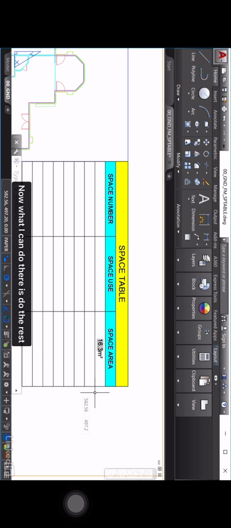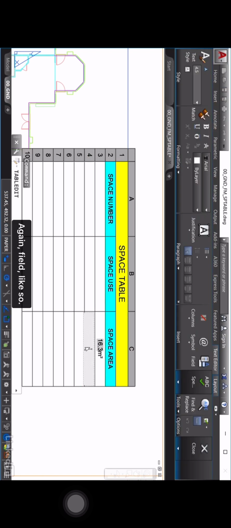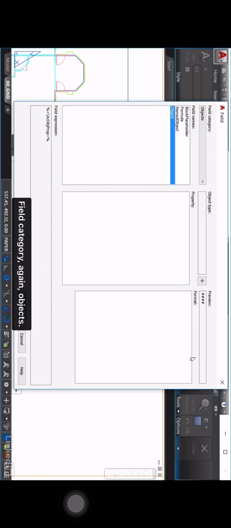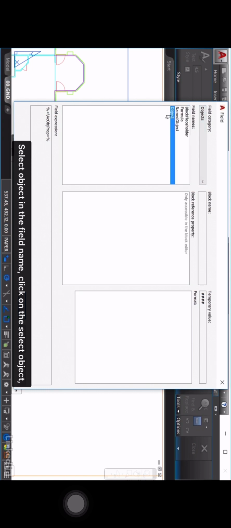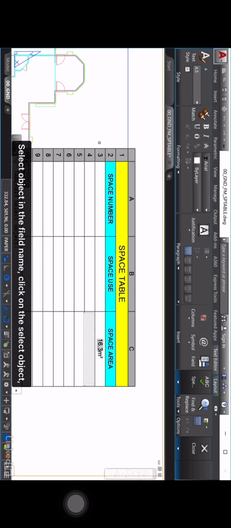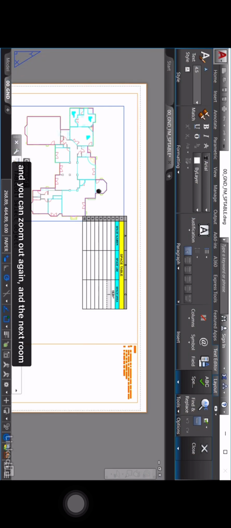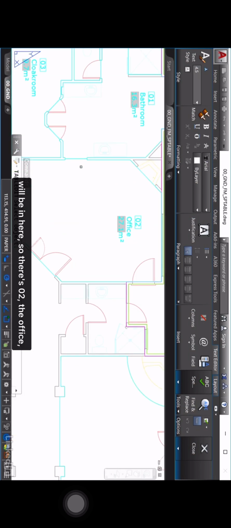Now what I can do there is do the rest of those polylines like that if I want to. It's very quick and easy to do. Just double click on the next cell, again field, field category, again objects, select object in the field name, click on the select object, and you can zoom out again, and the next room will be in here. So there's 02, the office, get an outline there, and again do the additional format where we do the conversion factor